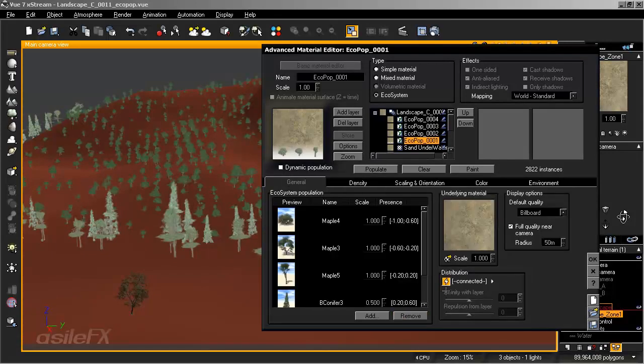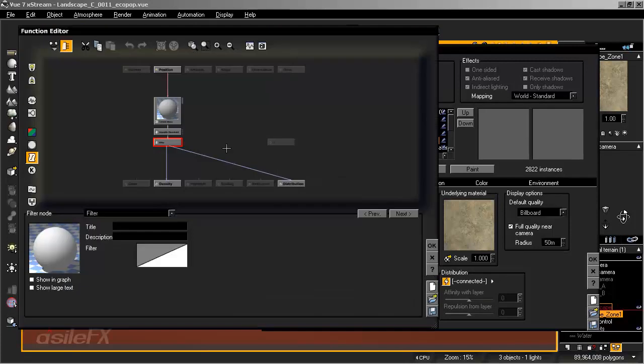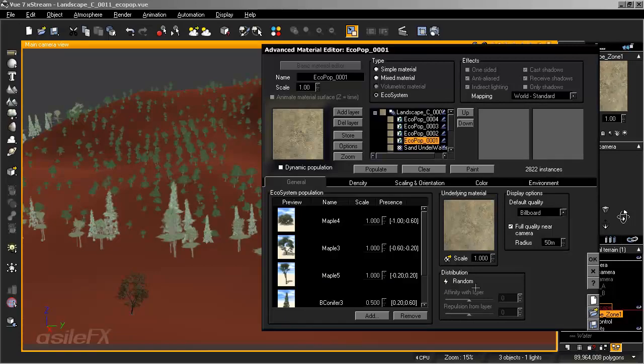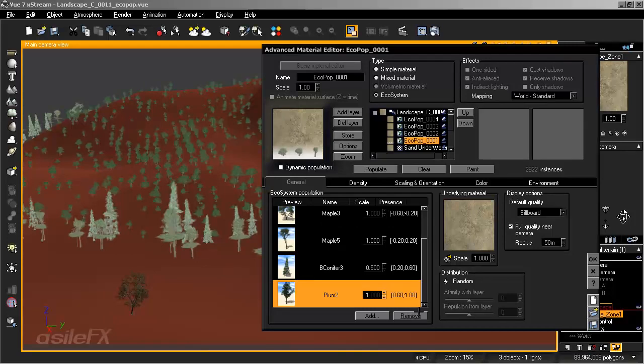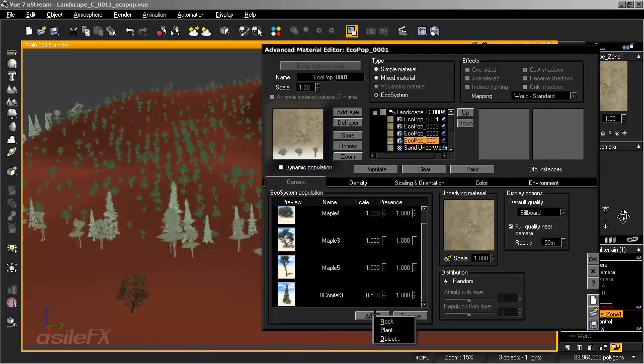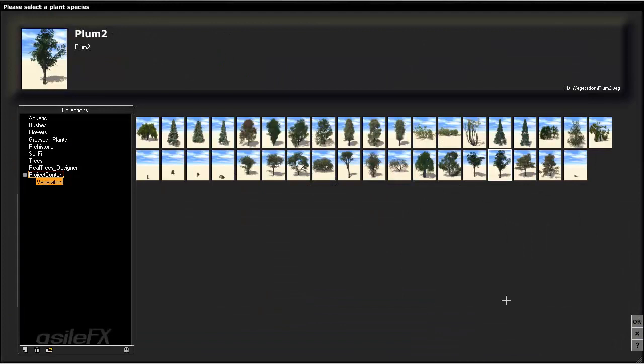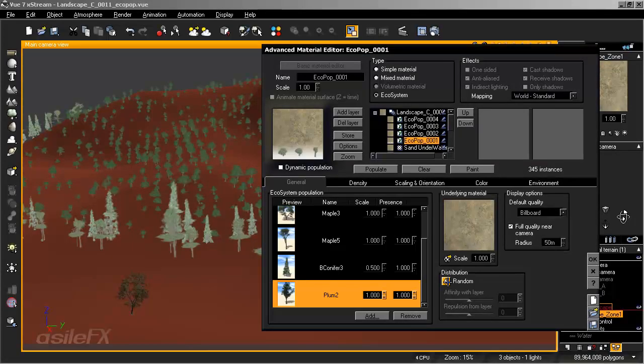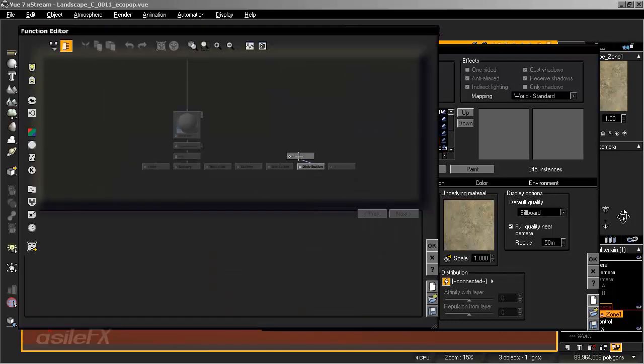Now if we want to use something other than density, which in this case I do, I want to create a nice distribution of plants but not have it connected. And just to get that refresh, once again, I'm going to remove that plum and re-add it. Sometimes you just need to get it to refresh. And because I am going to be reconnecting this, I probably should have just waited on adding that. So I'm going to just remove it right now, drive it with a function, remove the constant node,